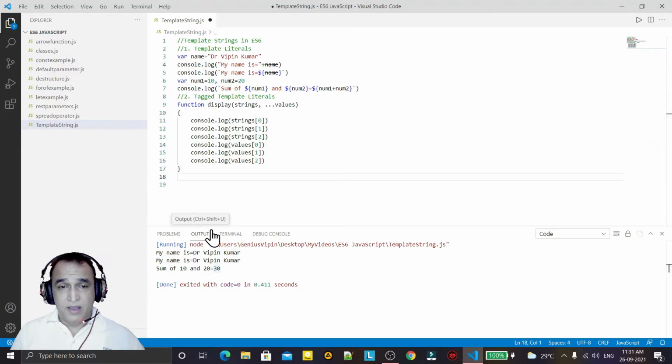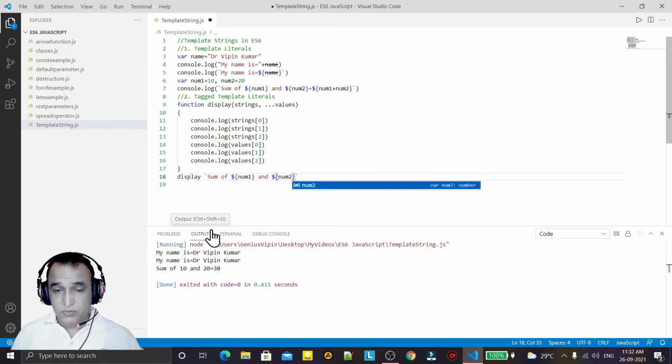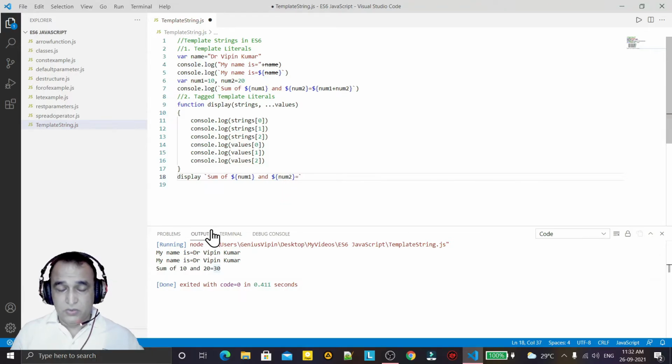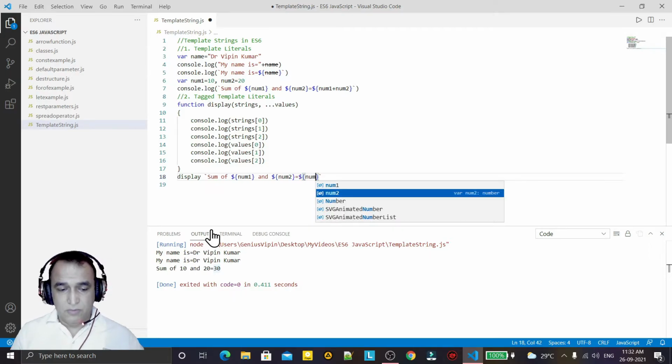You see, I will give the name of the function, then I will give tilde operator. Remember, no function bracket, tilde operator, and I say sum of, remember sum of, and then I say num1 like this, and then I say num2 then equal to, and I say that num1 plus num2.